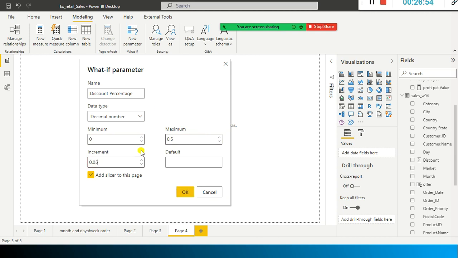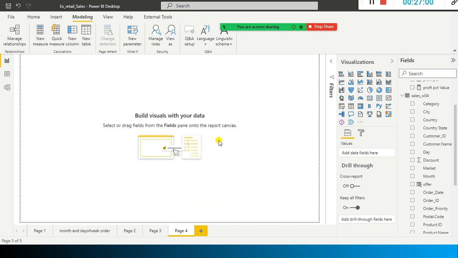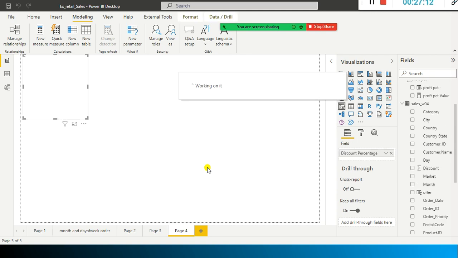I'm going to do it like this. Default, you don't have to specify it. It will take some time to create this visual. Now the visual is ready.